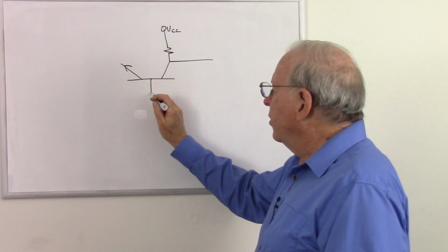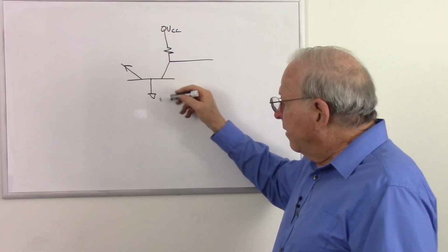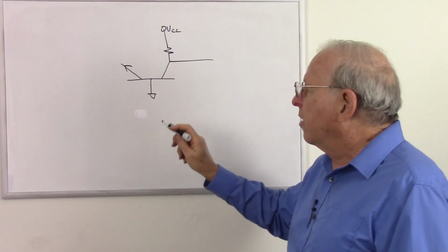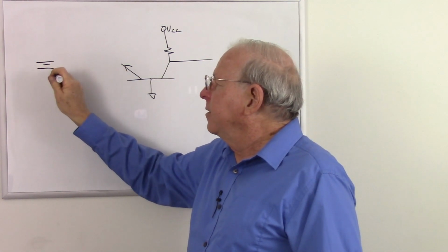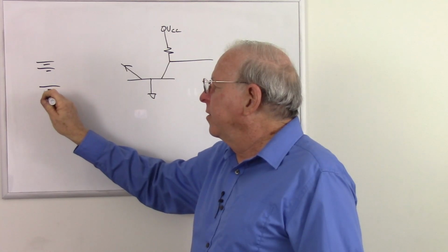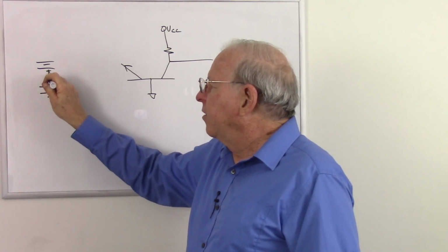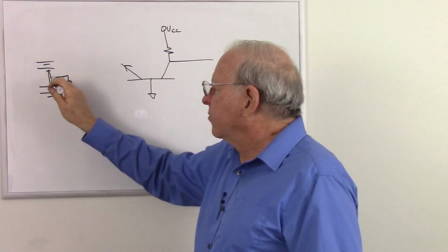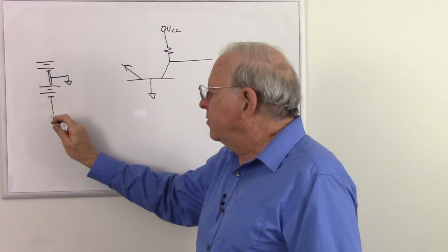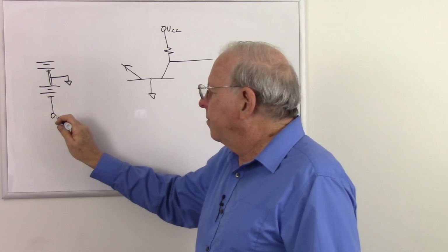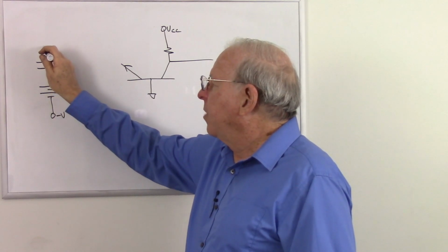And our base is going to go to ground, and we're going to have some voltage that goes below ground for this to work. So we're going to have a power supply that's either two batteries. So there is our ground. And of course that means that those are connected together. So we're going to have some negative voltage and some positive voltage